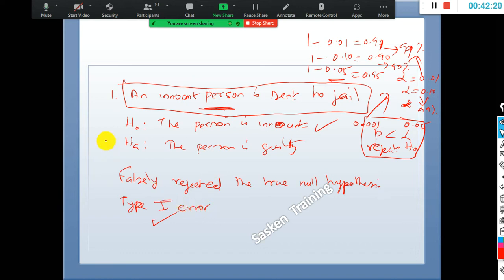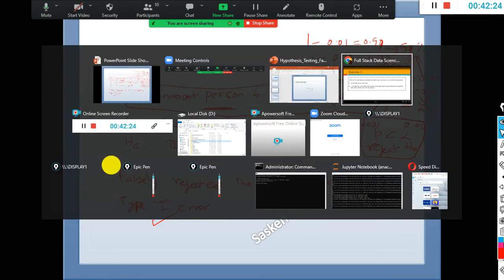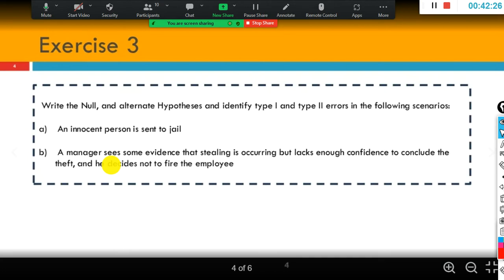Okay, and what is the other statement? The second statement is, the manager sees some evidence that stealing is occurring. The manager is actually saying somebody is stealing, but lacks enough evidence to conclude the theft, and he decides not to fire the employee. So how will you write the null and alternative hypothesis in this case? So employees